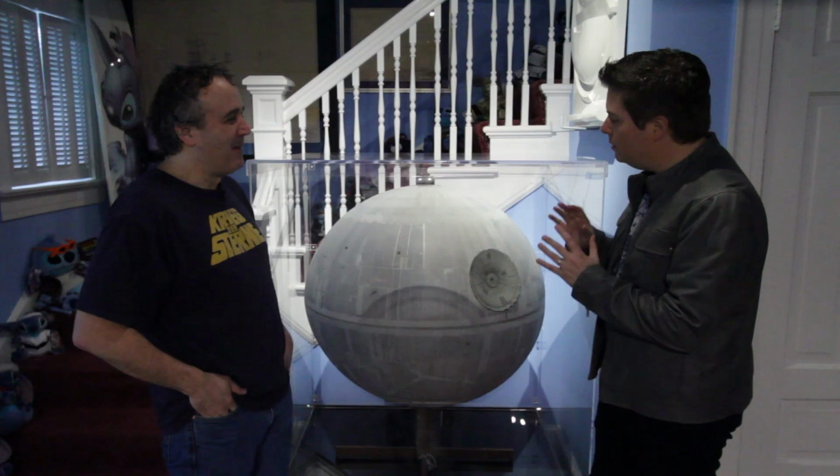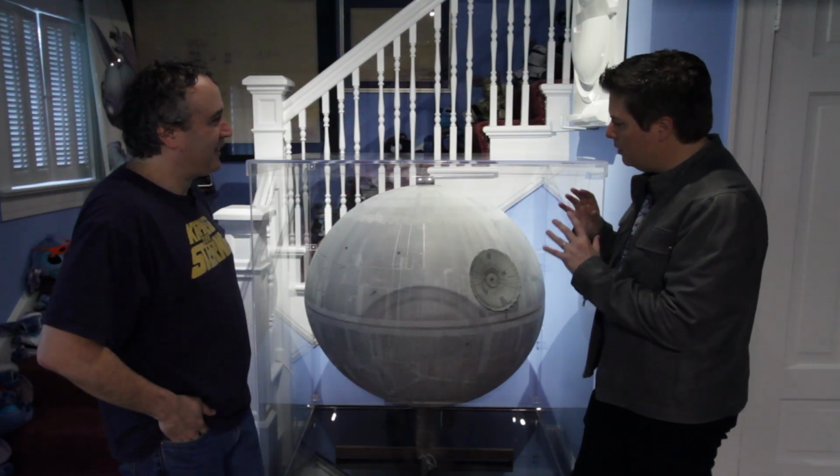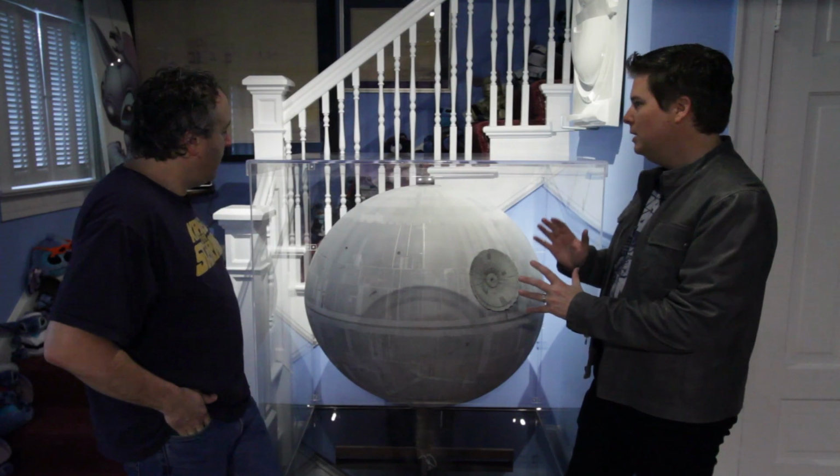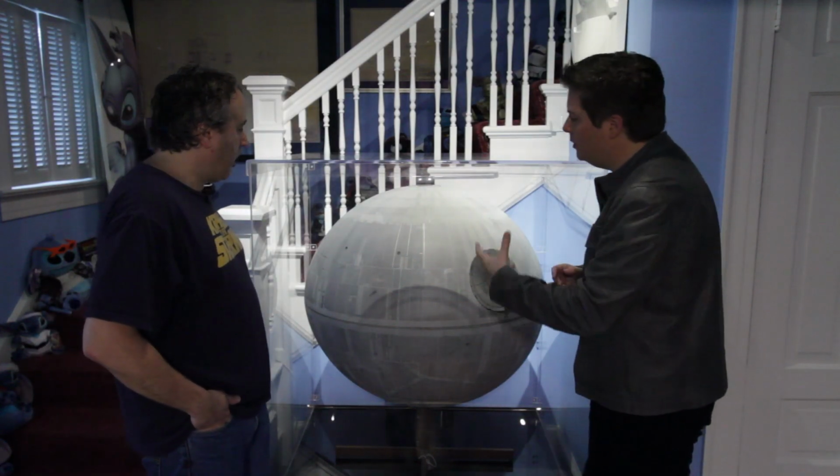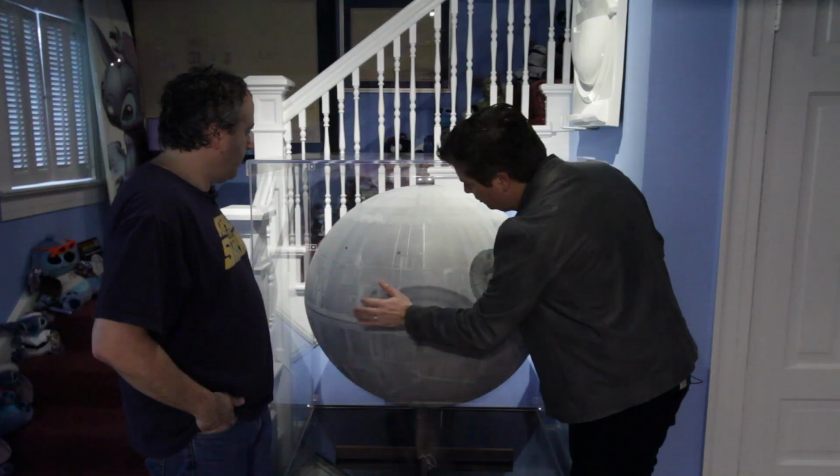So, you mentioned the authentication process. Can you talk a little bit about that? Because you look at this, how do you know it's not a fake? For example, I see these little screw holes here. I would think it would be fan-built upon first look, but...